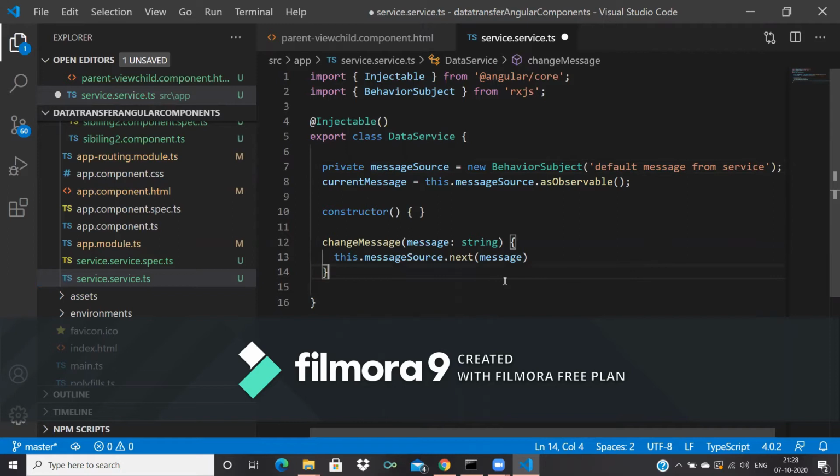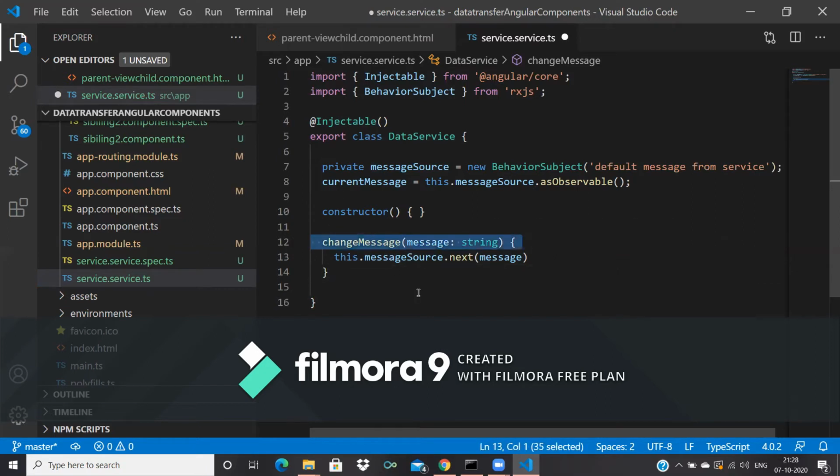Okay, and current message is equal to this.messageSource as observable. This is an observable. When I call this value, we can get the value from messageSource. This is a method.